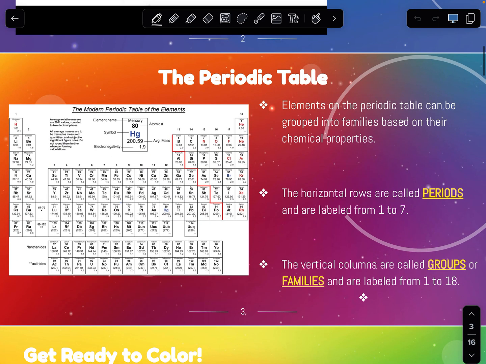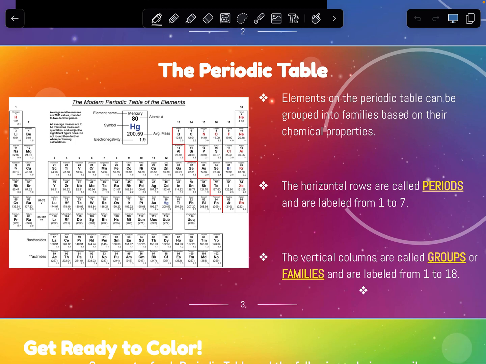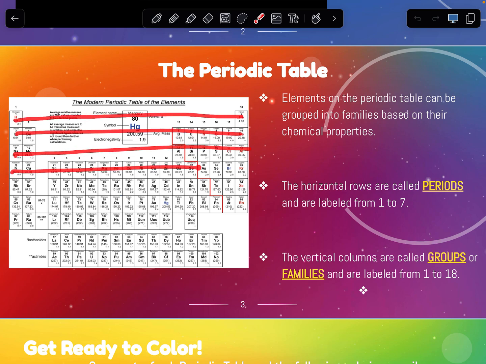So we're going to be looking at the periodic table today. We've already looked at this before, but we're going to go into more detail today. So the periodic table has a lot of special grouping to it. The elements are not just put in some random order. There is a lot of thought put into this. So first of all, the periodic table is organized vertically and horizontally. The horizontal groups of the periodic table are called periods. So all of these groups that go side to side, these are all your periods, and the periods go 1